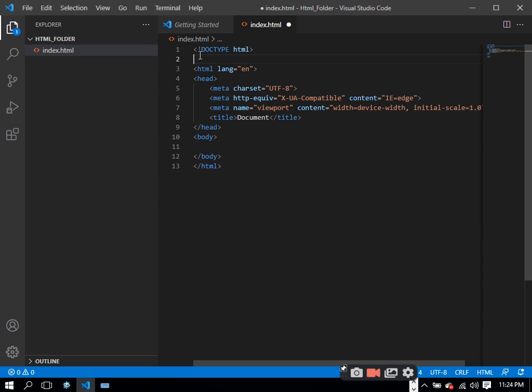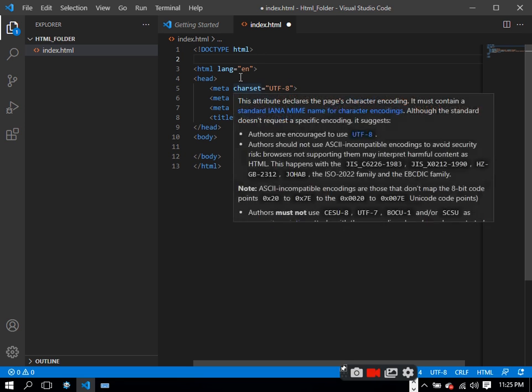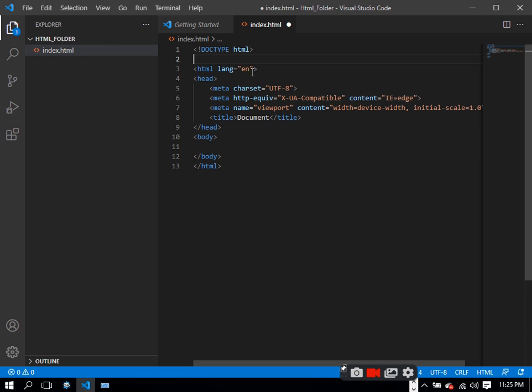So that is to declare the kind of version that we are writing on. That is the first thing we see here, Doctype HTML. Now the Doctype HTML is inside a tag. What do we mean by tag? The tag is this less than sign and greater than sign that is there. Anything that is inside less than sign and greater than sign is inside a tag. So this Doctype HTML is inside a tag. Okay, so now we move down to the HTML language. Okay, I said in previous teaching that this is just